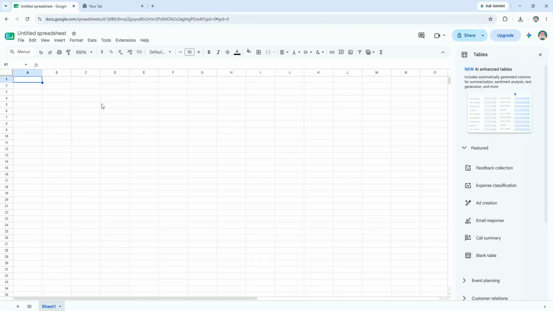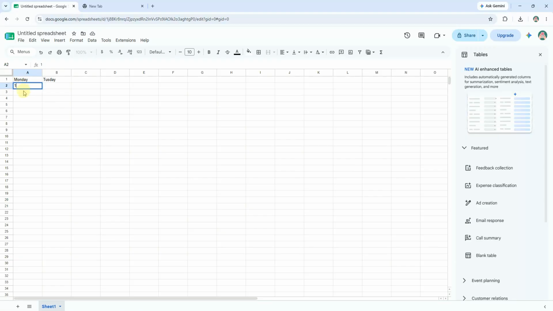In the first row, starting from cell B1, type in the days: Monday, Tuesday, Wednesday, Thursday, Friday, Saturday, and Sunday. Next, you'll need to set up your dates. In cell A2, type in the first date of the month you want to create the calendar for. For example, if you're making a calendar for January, type